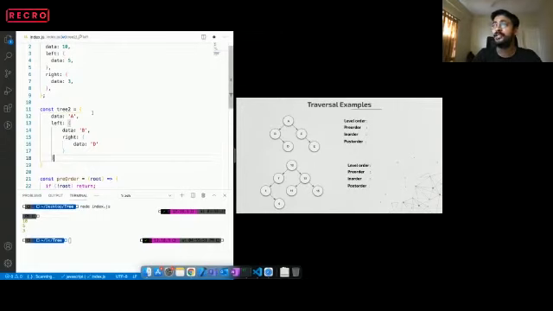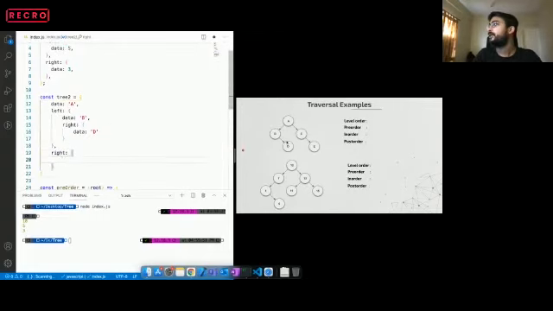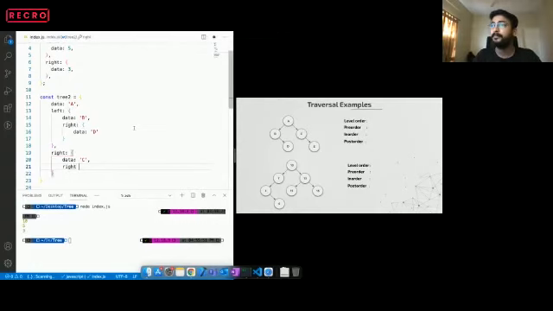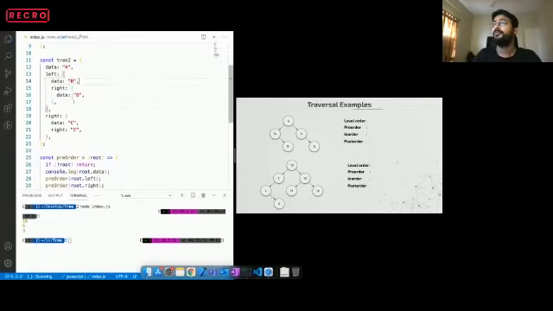Now let's move to the right child of A. The right child has data C, correct? And then C has again a right child, which is E. Okay, this is our tree 2.